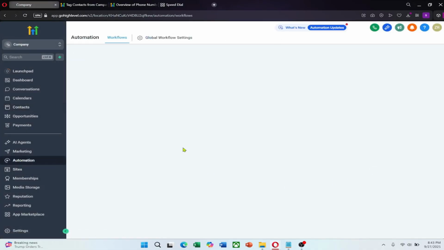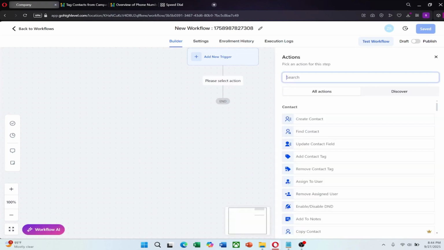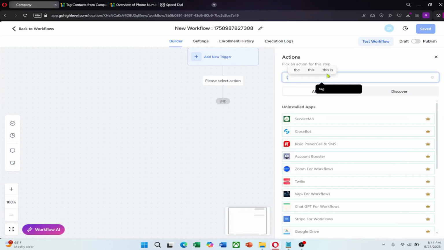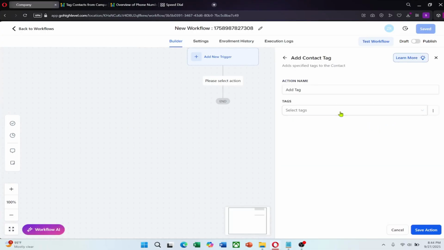Tags aren't just manual. They can also be applied automatically. Go to the Automations tab and open a workflow. Add a new action and select Add Tag. From here, you can pick an existing tag or create a new one. This is useful if you want leads tagged the moment they submit a form, book an appointment, or complete a